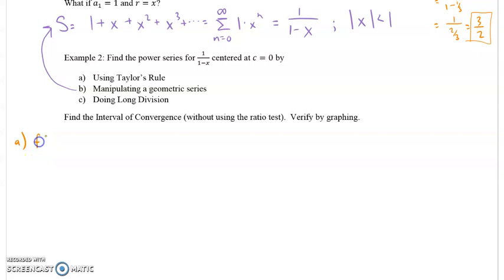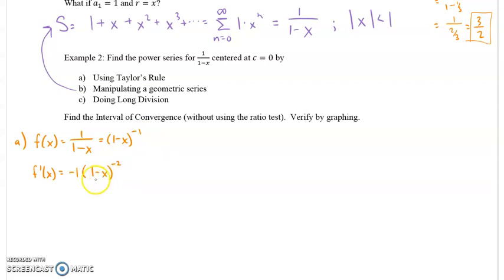So if we start off with f of x equals 1 over 1 minus x, the first thing I need to do is take a whole bunch of derivatives. So I'm going to find f prime of x, and you can use quotient rule here. I wouldn't, because this can be easily rewritten as a power of 1 minus x raised to the negative 1. And then if you write it as a power, then it's a simple power rule process. So bring the negative 1 out front, drop